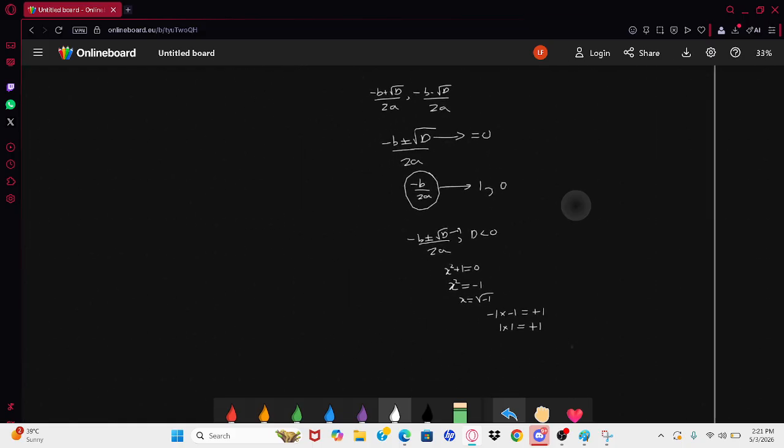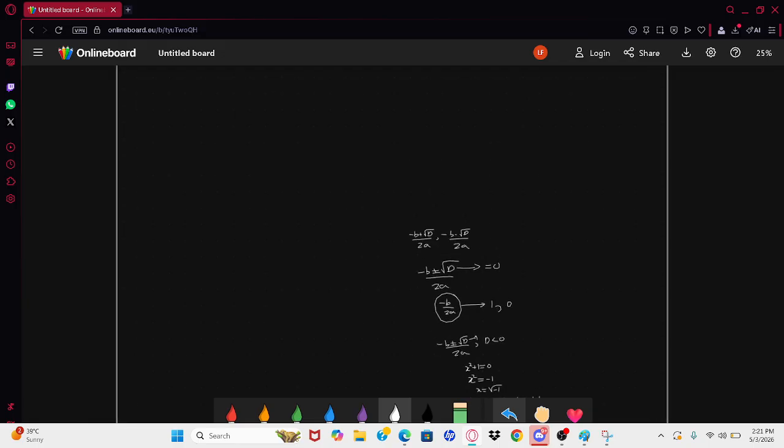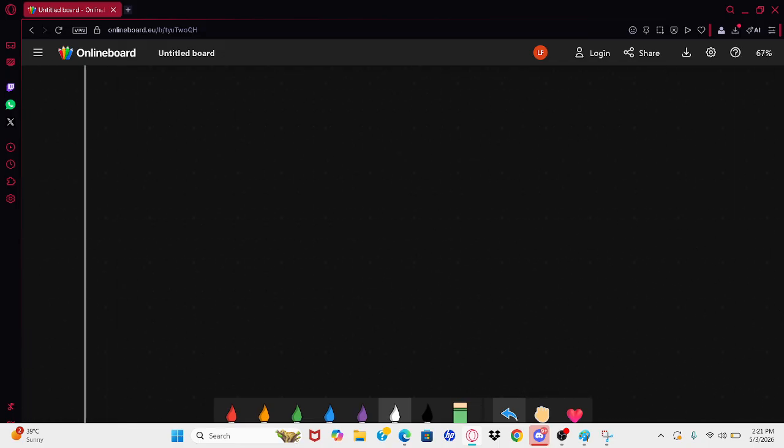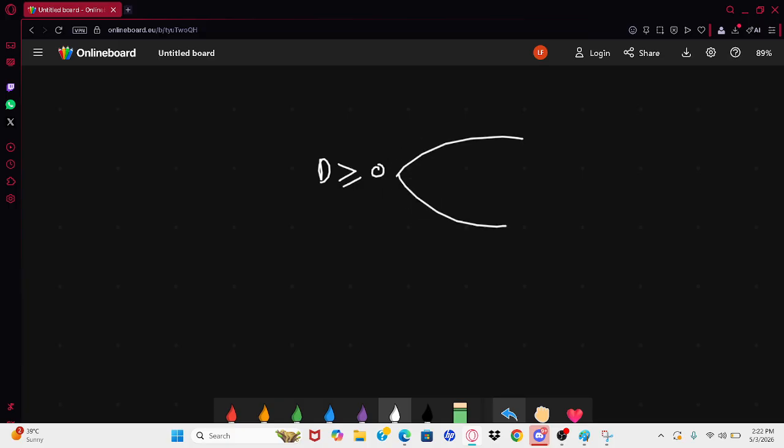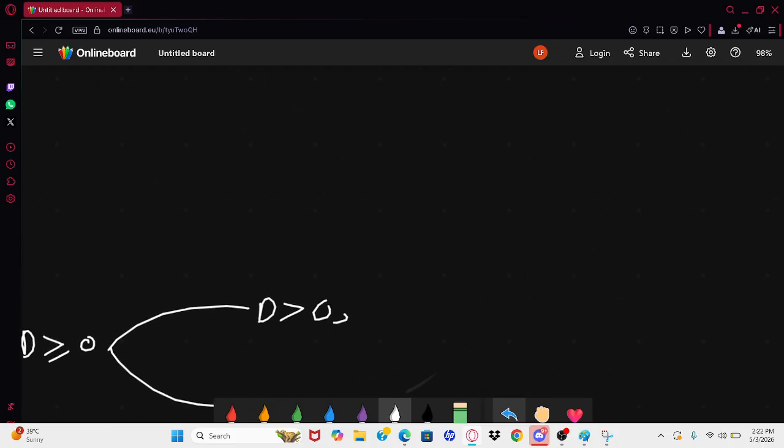So these are the rules for the discriminant. If you have real roots, so not real and distinct, but if you have real roots, the rule is the discriminant is greater than or equal to 0. And this splits into two cases, as I showed you. The discriminant is greater than 0, where the roots are distinct, which means they're conjugates of each other. What is a conjugate? A conjugate is basically where one is positive and one is negative. So not exactly the real definition, but let's say